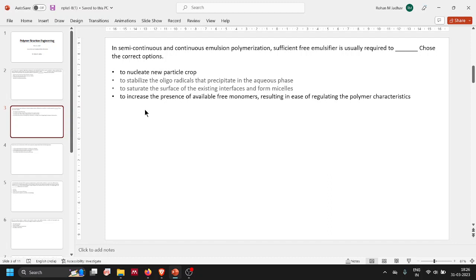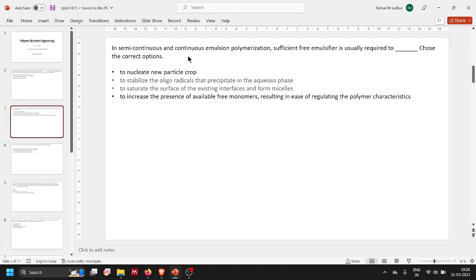In the continuous emulsion process, during the heterogeneous nucleation process, there should be sufficient pre-emulsifiers to saturate the surface of the existing interfaces, particles or monomer droplets, and form micelles. So as you can see, the saturation of the surface of existing interfaces to form micelles